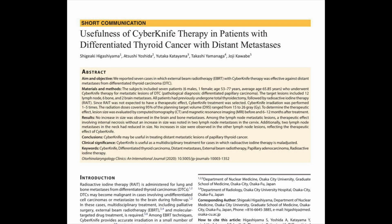CyberKnife therapy has been used where desired results have been obtained. It has been observed that CyberKnife therapy is useful, not just in terms of reducing the growth potential, but also in providing therapeutic effect by producing internal necrosis, especially in cervical lymph nodal metastasis. So a study was done in Japan, and that is probably the raison d'etre of this question. You will see on the screen the screenshot showing the first page of the study. This study was conducted in Japan, which talked about the usefulness of CyberKnife therapy in treatment of differentiated thyroid cancer